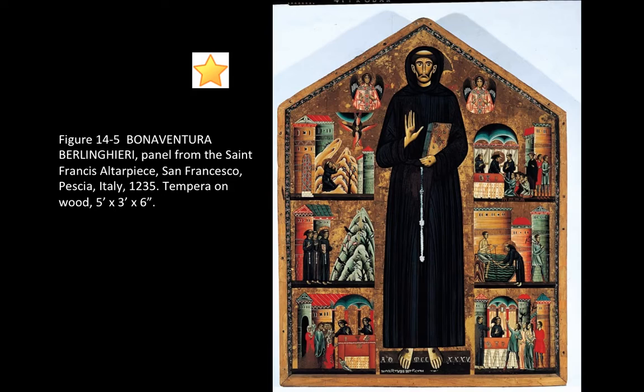The flat background was covered in gold, which reinforces the flatness of the image and just reflects back the light of the candles. So it's not trying to be anything other than what it is, a flat image that's meant to make you dream about the divine. This was made in 1235. It's incredible when you look at this image and then look at artwork that's made a century after it, and then a century after it. You see what an incredible leap there was in the artistic output and the philosophical thought during this time.